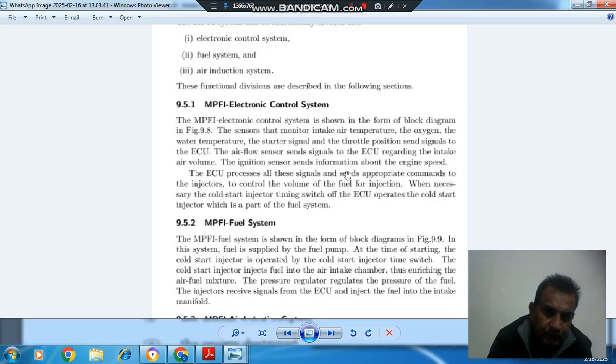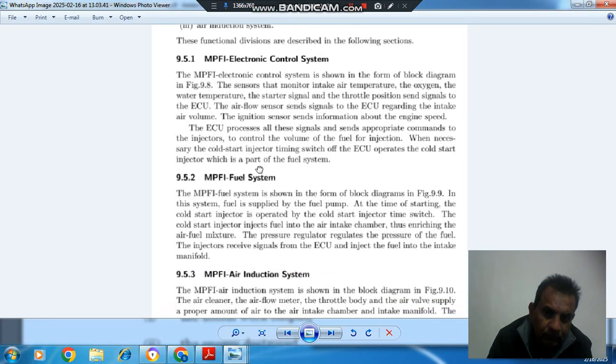The ECU processes all these signals and sends appropriate command to the injector to control the volume of the fuel for injection. When necessary, the cold start injector timing switch of the ECU operates the cold start injector, which is part of the